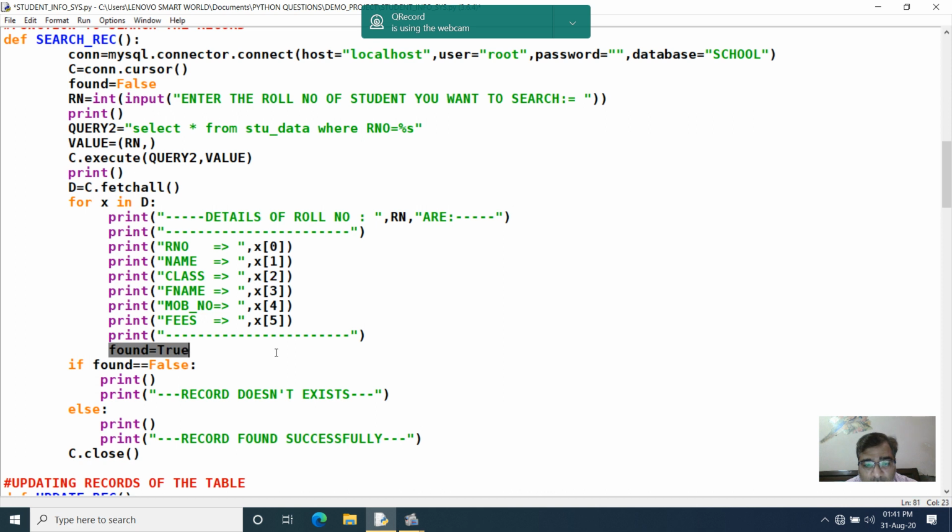True means when the record is found, the variable gets the value true, that your record is found successfully. But if your record doesn't exist, initially I have taken this variable with the false value. Suppose you are searching for a record which does not exist in your table, then a message should come, record doesn't exist. Your project should be very flexible in displaying messages properly. I will just show you over here.